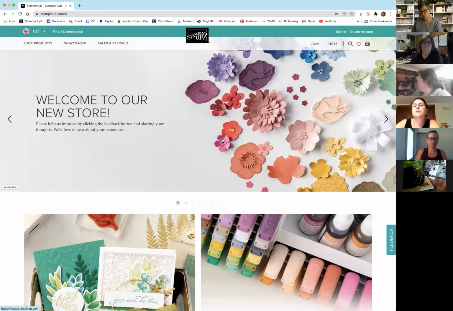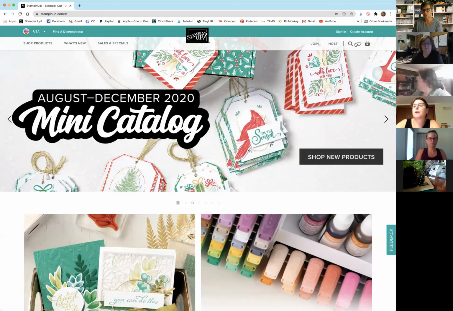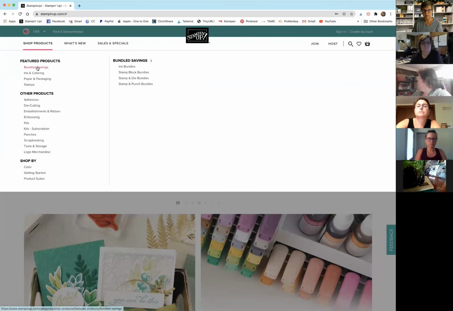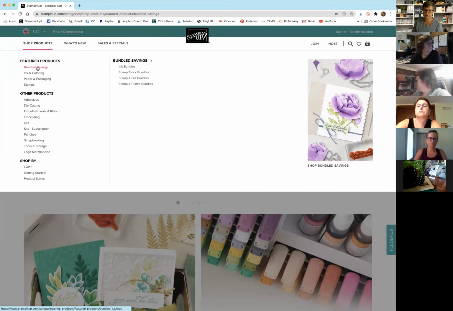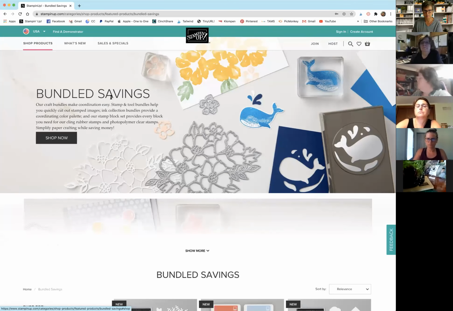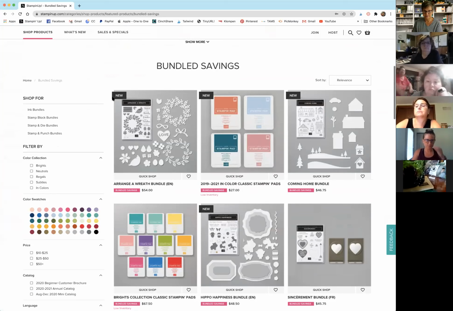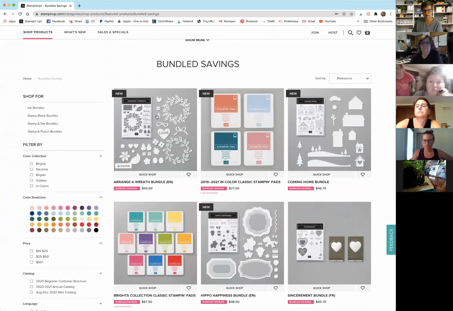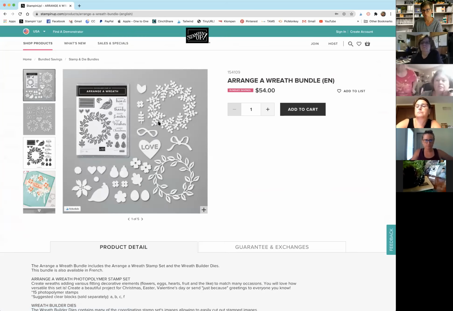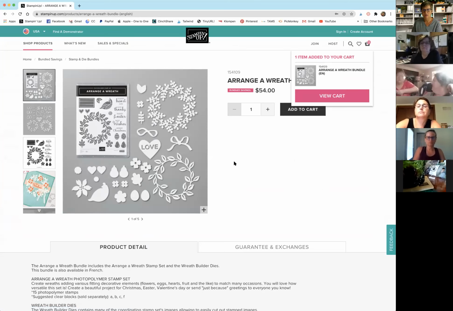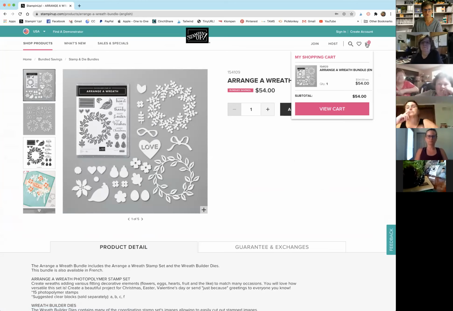So far they've gone to StampinUp.com and they want to just shop. So we're going to click on shop products, and we're just going to go to bundles. And I'm not going to spend a lot of time showing you how to find things on here, because you can just play with that part of it. But let's say I'm just this random person and I'm shopping at StampinUp.com. I'm going to add this to my cart. And if I go to view my cart,